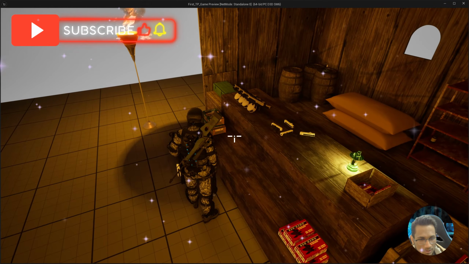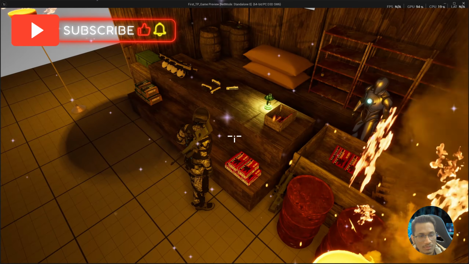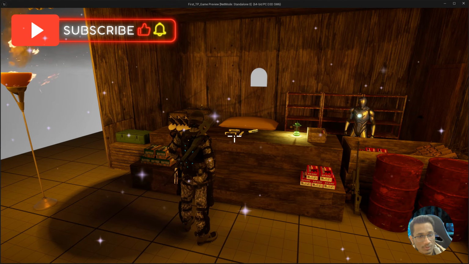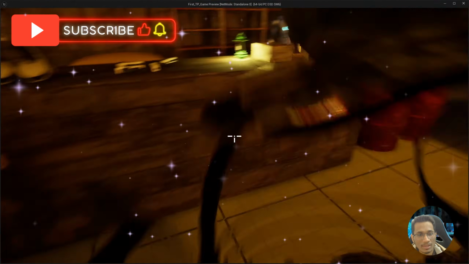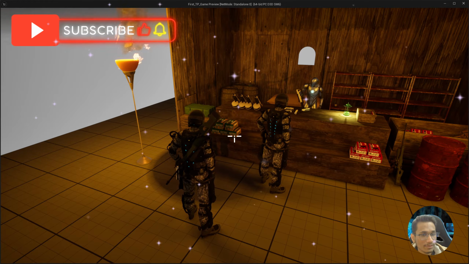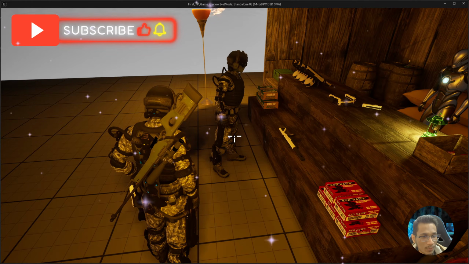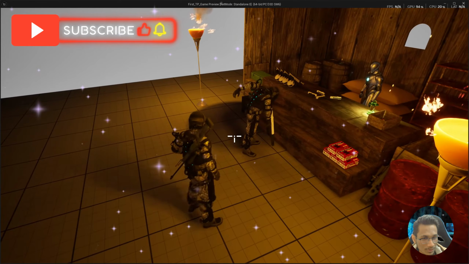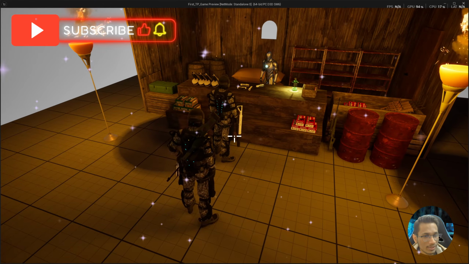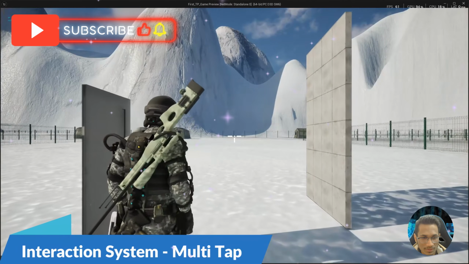A shop can have multiple merchants. A shop can be approached by NPCs, which can be the customers. And if you have seen our interaction system episodes, I will relate the exact implementation with these smart objects. I will tell you that your attention and your focus that you placed in those episodes will give you the results right now. The thought process that you developed in those 6 or 8 episodes of interaction system,